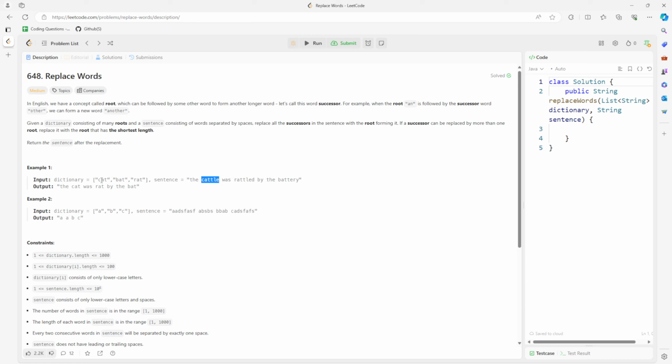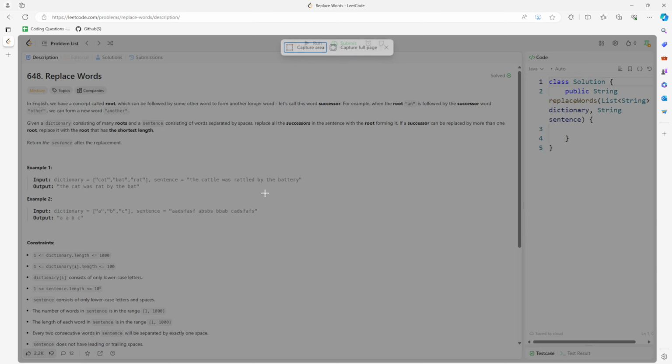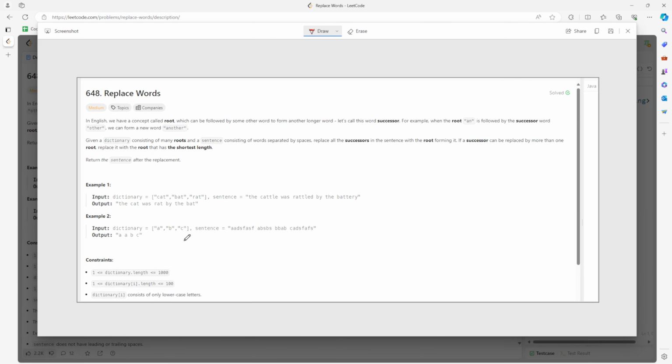So cattle, you can replace with cat. You cannot replace rattle, and then rat by battery, bat, right here. So in this solution we're using a trie. What we need to do is traverse the dictionary and then build